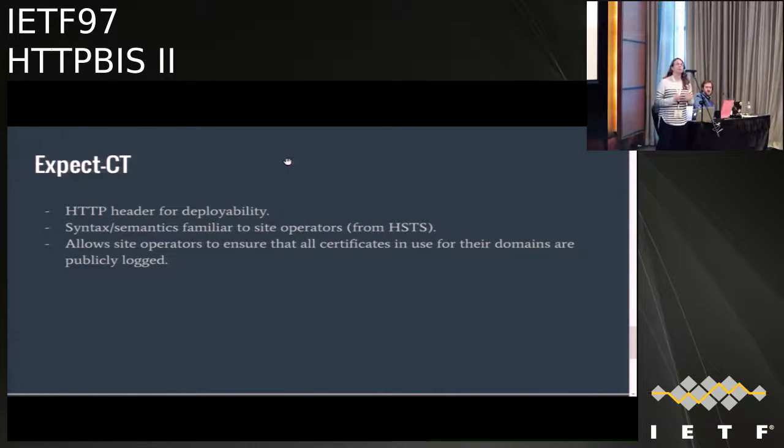I'll describe that a little bit more. But also the overall goal here is basically to give site owners a way to ensure that all the certificates that UA accepts for their site appear in the public CT logs. So I'm missing a slide after this one, but basically why I say that